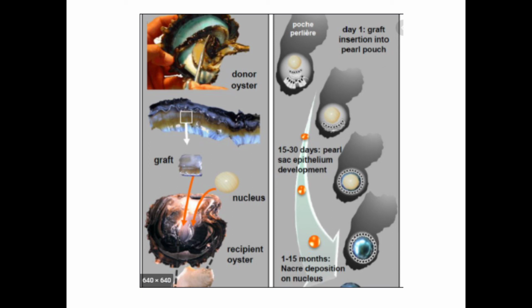Then it serves as an irritant, and the pearl is formed around the foreign body. The foreign body is the nucleus. It is called the nucleus. Then the suitable material is molluscan shell. Okay, we can use molluscan shell as the nucleus.